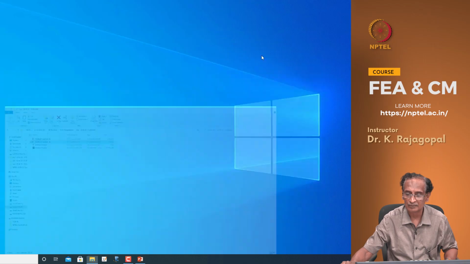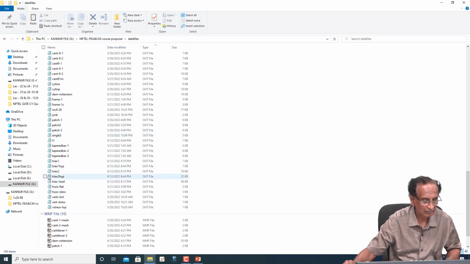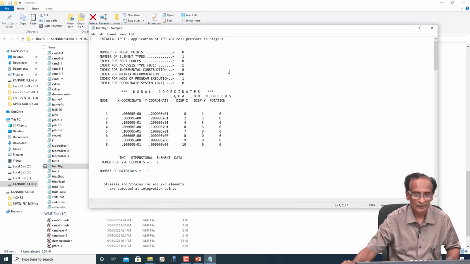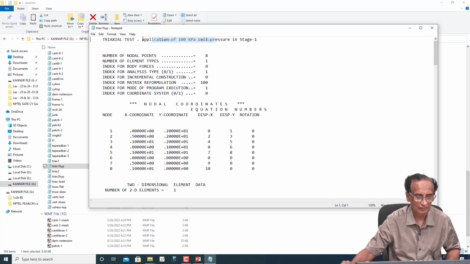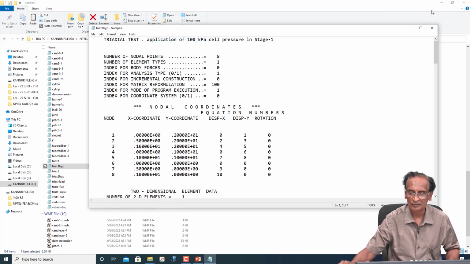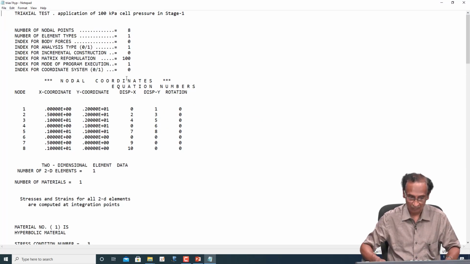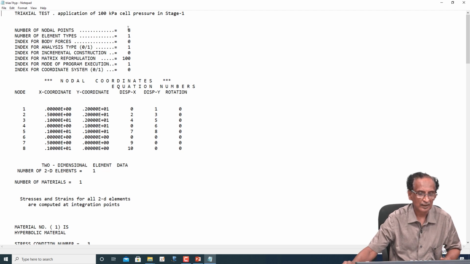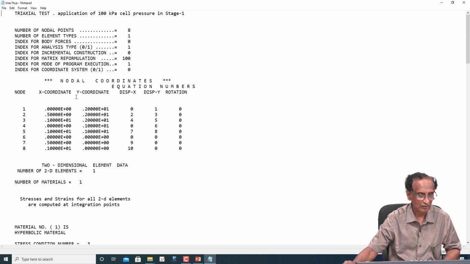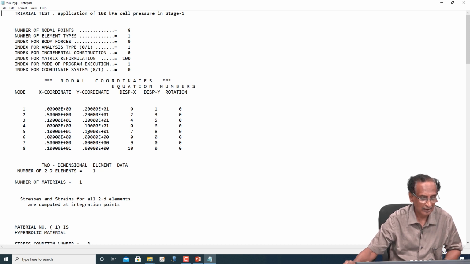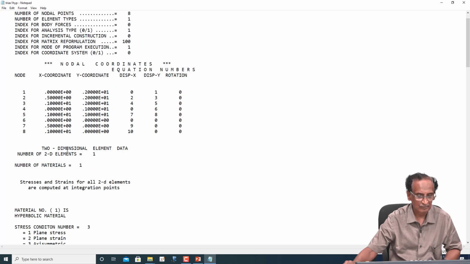Let me show you some. This is the result for the hyperbolic model. Let me just zoom in a bit. Okay. So, there are totally 8 nodes in the mesh, corresponding to the 8 node quadrilateral element that is used, and the first 3 nodes are at the surface, the horizontal surface at y of 2, and 4 and 5 are at mid height, and 6, 7 and 8 are at the bottom, and